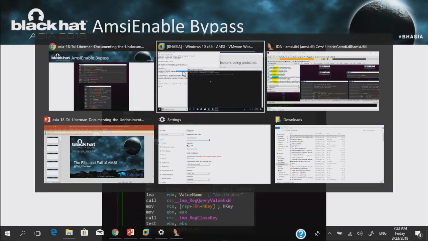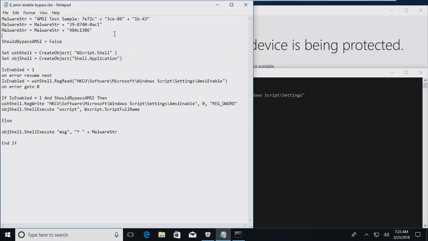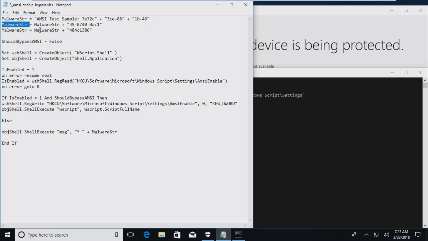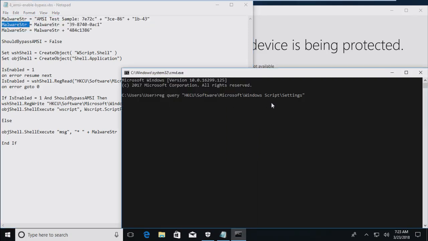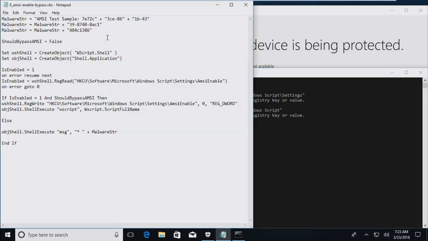Now, if we take a look at a demo of this, we can see that here I have a VBScript sample that will load the AMSI test sample into a variable. We can see here that if I take a look at this registry key, it doesn't exist. If I try to look at this registry key, it also doesn't exist. And this script will have another variable that says, should I try to bypass AMSI using this AmsiEnable trick?